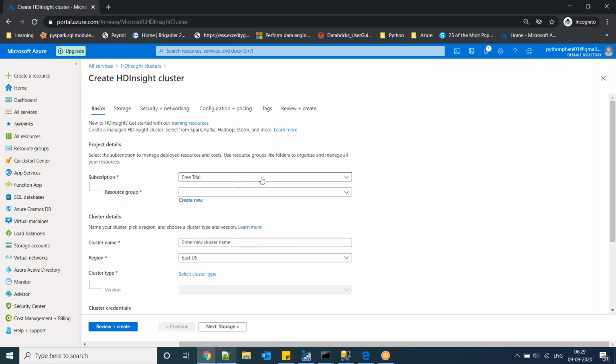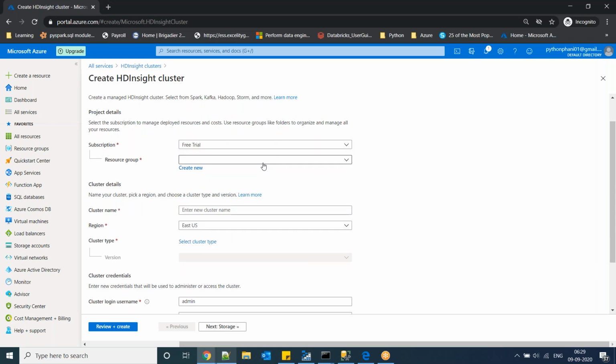The subscription is by default the free trial because we are using a free trial. And then the resource group. Here first you have to create a resource group.